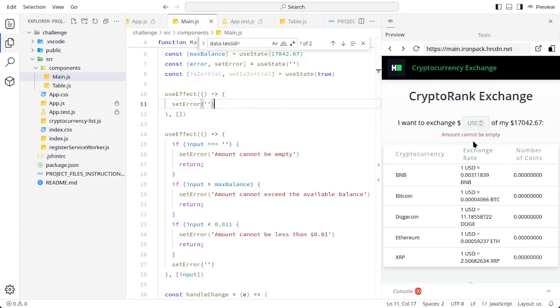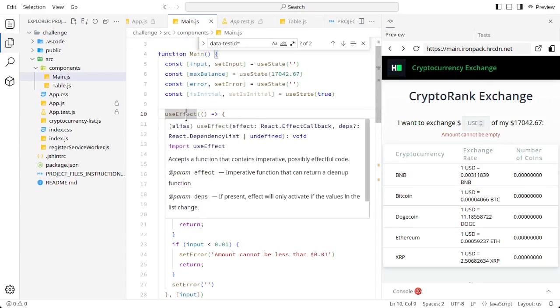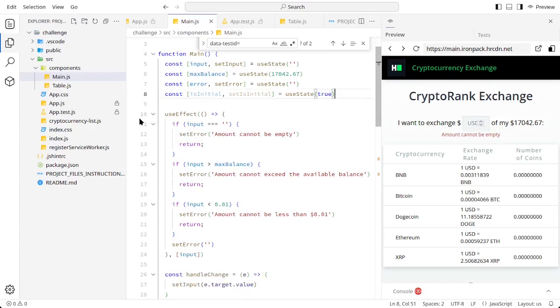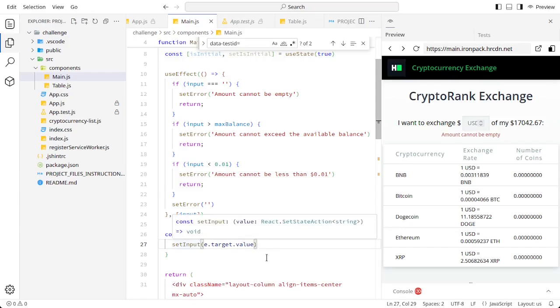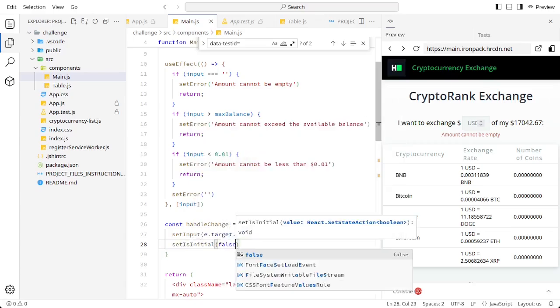Yeah, it's still showing amount cannot be empty, which is kind of confusing because the useEffect right here with no dependency array should run on the initial render of the component, as the one that we declare right here, which is the empty string. Since we already declared the initial boolean value of the useState, then after the initial change of the handle change right here, we can set the setIsInitial to be false,